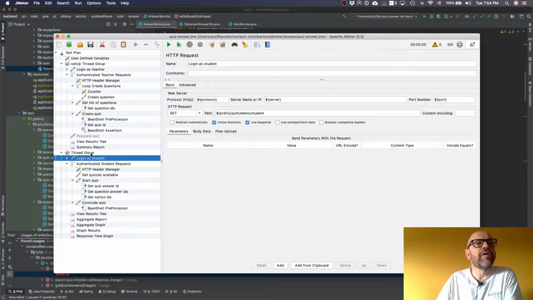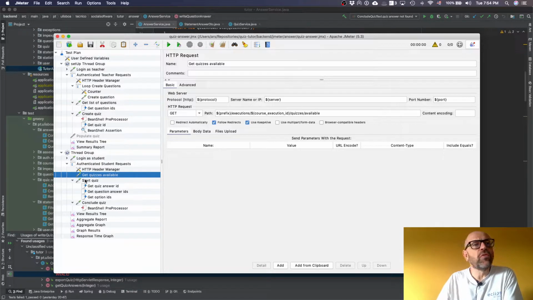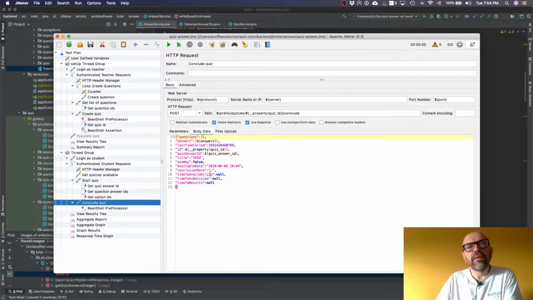So you have here several students, 200 students answering the quiz, and you get the available quizzes just to test the load of getting the users getting the quizzes. And then we have this start quiz, where we start the quiz and then conclude the quiz. And that's the part we have to change, because when you're going to conclude the quiz, you need to send